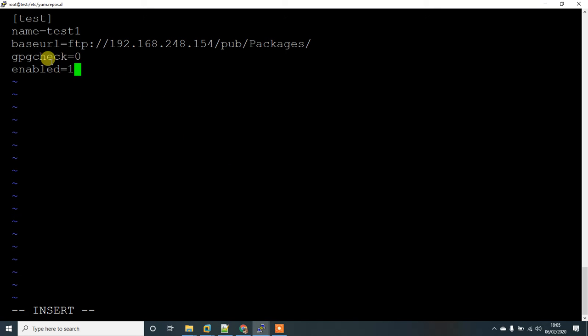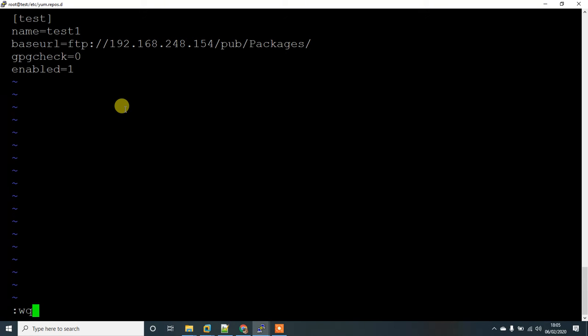Here, if you are wondering about gpgcheck, it is used to check the signatures of the packages. And if you want to know about this enabled one, we use it because if there are multiple repositories,